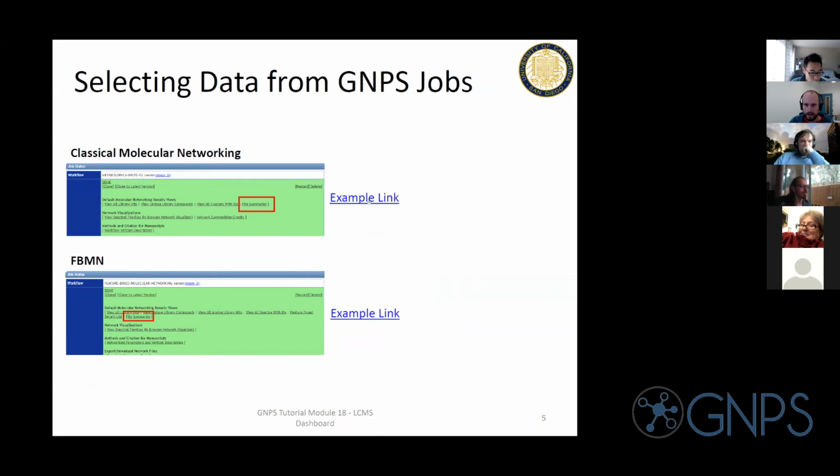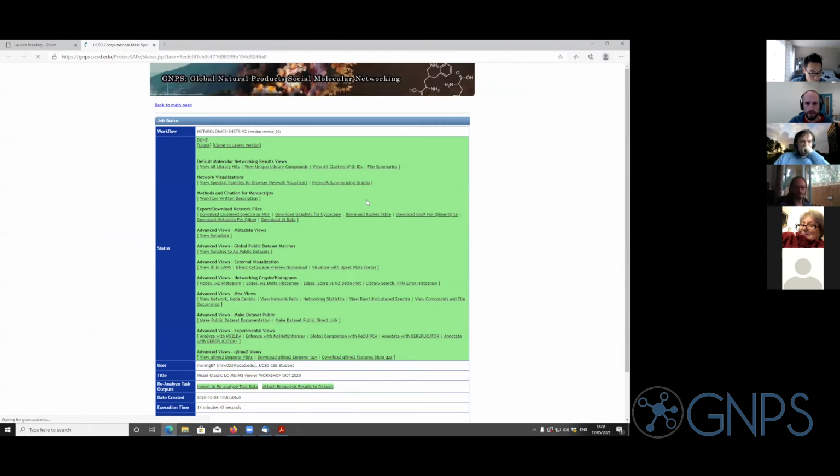And I really just want to show you this really quick. If you click on this, you will go basically to the results page of a classic molecular networking job. And if you navigated a little bit through molecular networking outputs, you may know that you can now look for compound-specific information. For example, here we have data from E. coli Nissle that we know produces the natural product yersiniabactin. So if I go here to view all clusters with ID, I basically get a list of all network nodes